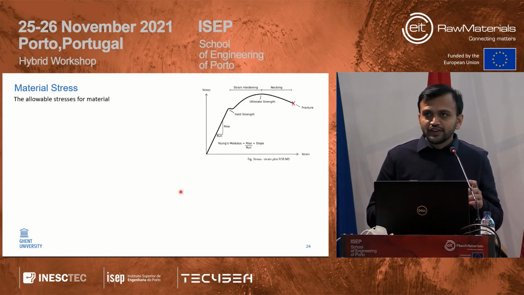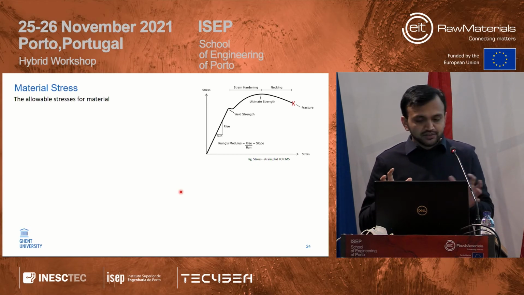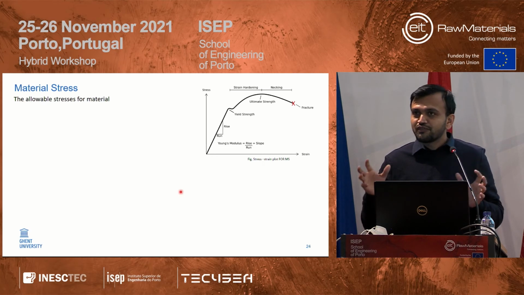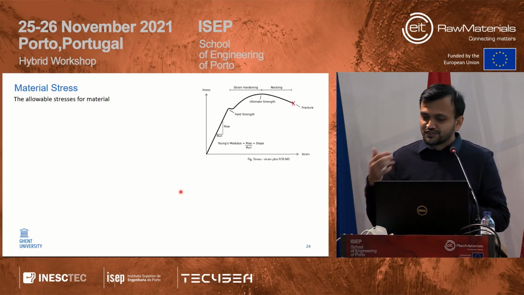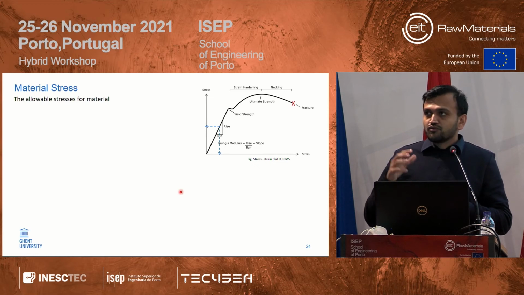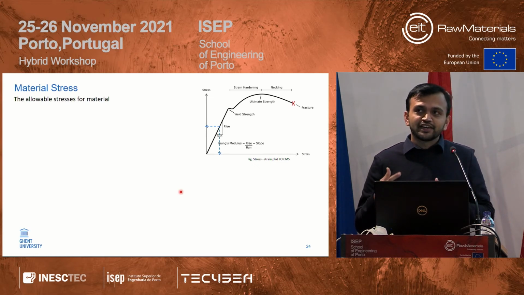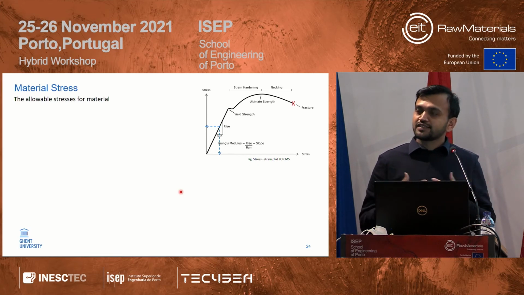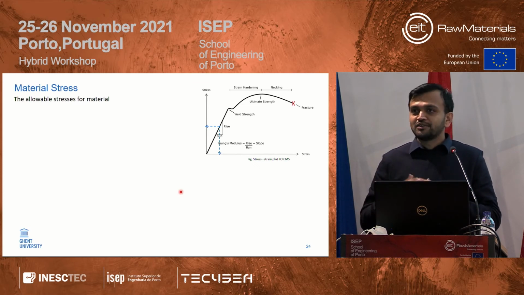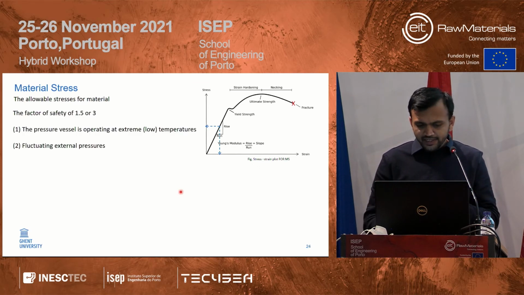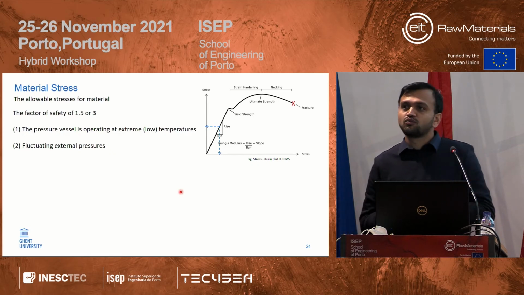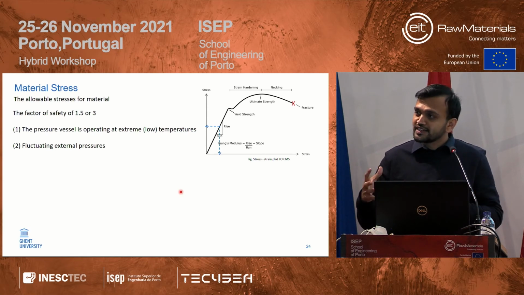If I want to calculate any mechanical component dimensions, we always consider a factor of safety. Okay, what is the factor of safety? In this case, we always consider the yield stress as the main criterion to design any mechanical component. We divide the yield stress of any material by the factor of safety, and for that we dimensionize the mechanical components. For marine application mechanical housings, usually they consider 1.5 to 3, based upon the design engineer's skills.